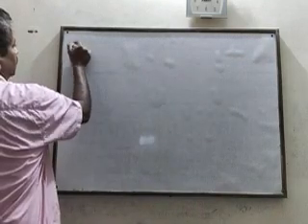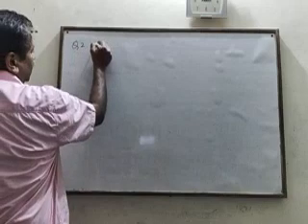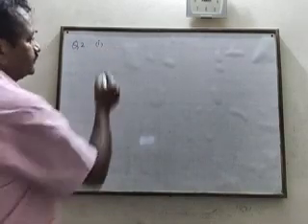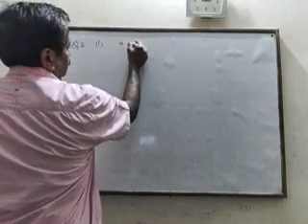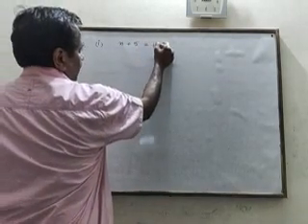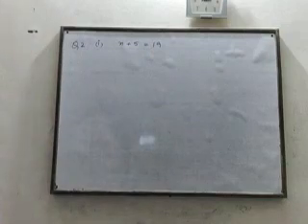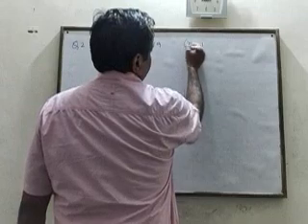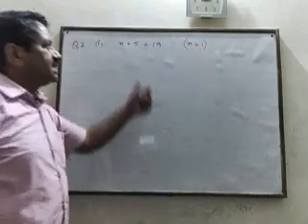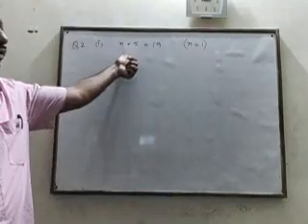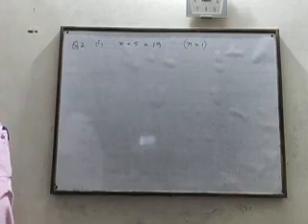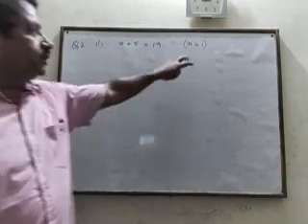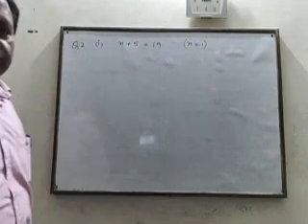Question number 2, first part. Here it is written n plus 5 is equal to 19. N is equal to 1, and we need to check whether n equal to 1 is a solution of this equation or not. We need to check it. So what we will do? We will put n equal to 1 in the left hand side.